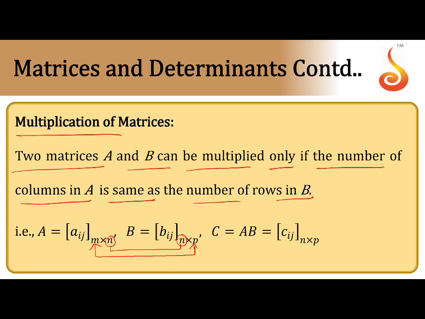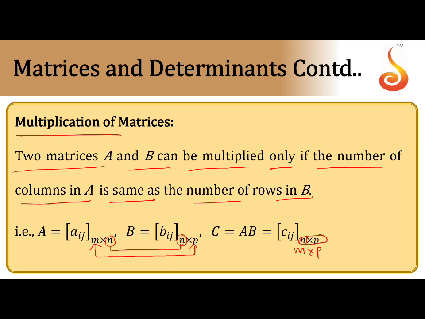So the resulting matrix is C, that is AB. Sorry, here they have given N. Please correct it. This is an M by P matrix only. Now here the number of columns should be equal to the number of rows in B. Therefore, it is conformable for multiplication. The resulting matrix is of the type M by P. If it is a square matrix, the same order will come here. I hope this is clear.